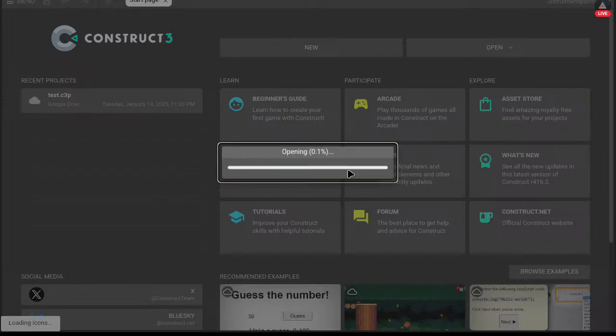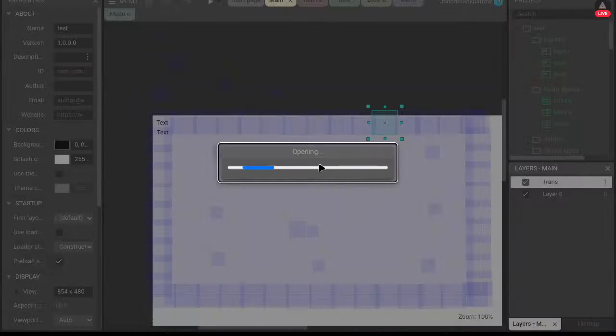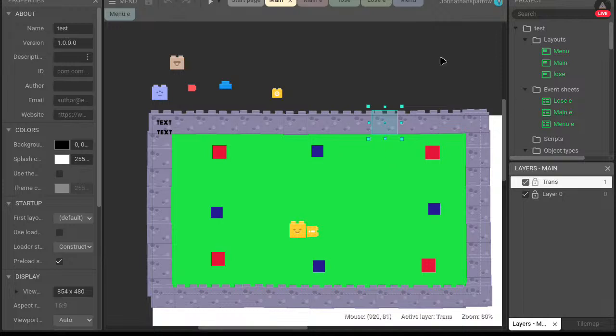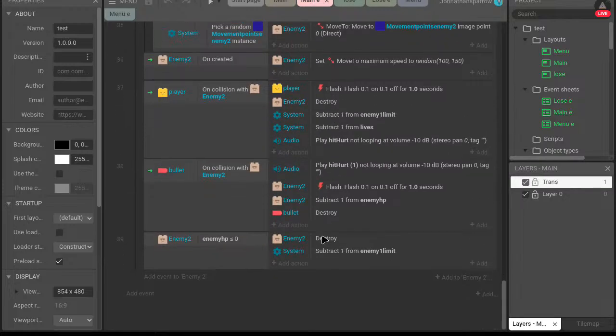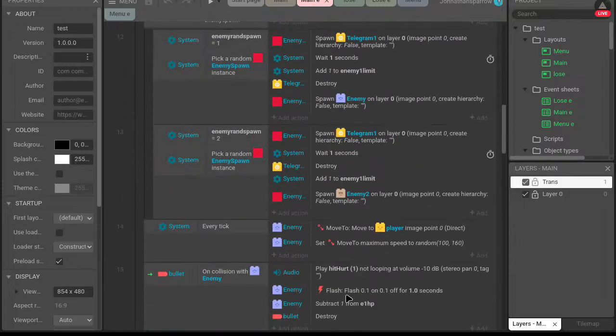And then when you open it, it does this weird thing. Like I said though, I saved frequently, so I didn't really lose anything.